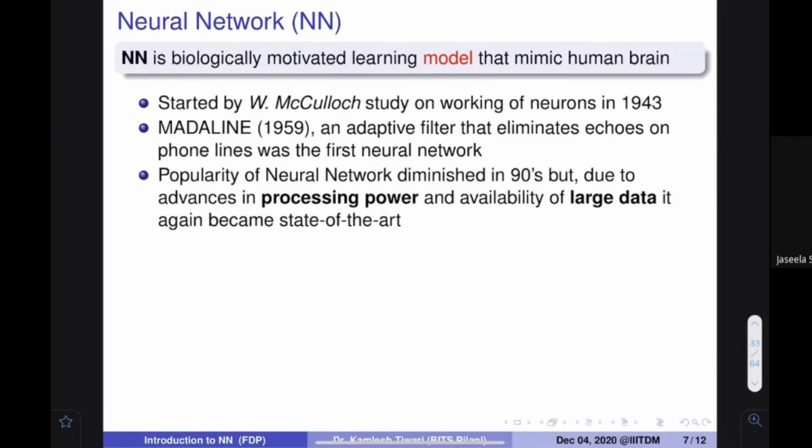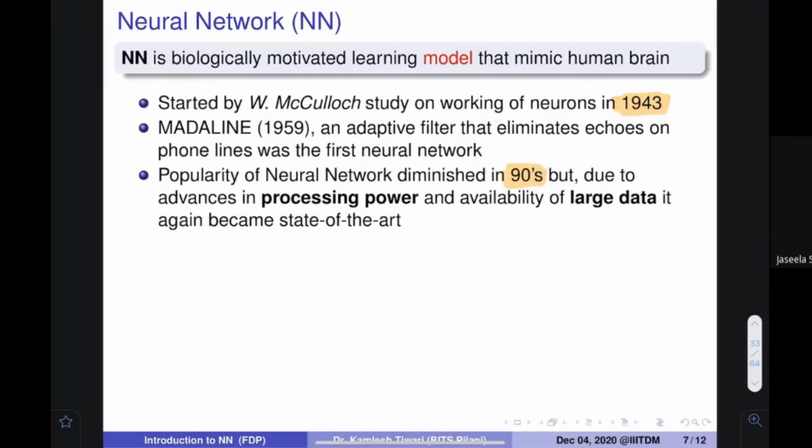People were thinking at that time, around 1945 or so, that neural networks could solve all the problems. They even said that this system would be able to understand human language and converse with people. But for a very long period, till the end of the 90s, we were not able to deliver much. From 1945 towards 1990, it is nearly 50 years, and people were not able to do much.